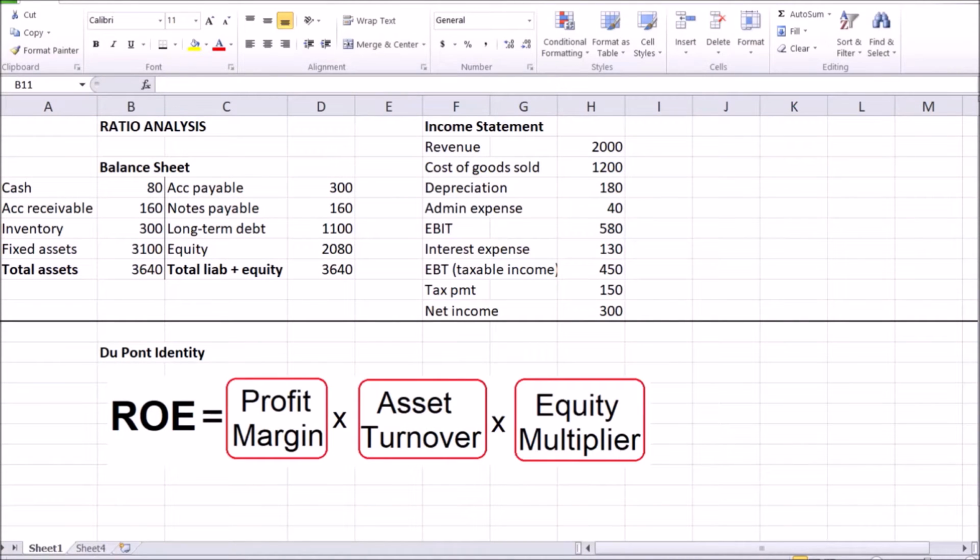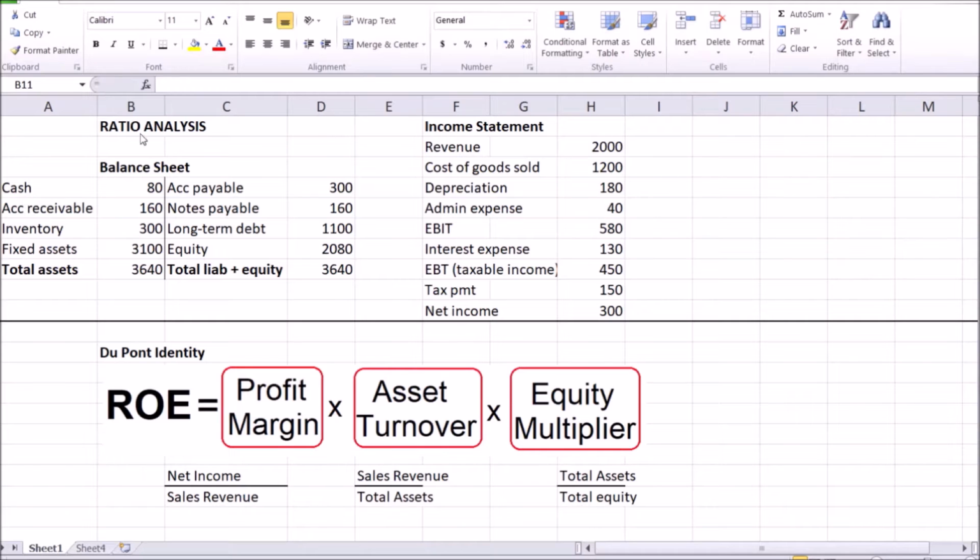Let's start first with the DuPont identity, which tells us that the return on equity, ROE, is equal to the multiplication of profit margin, asset turnover, and equity multiplier. From understanding a little bit of ratio analysis, we remember that profit margin is a ratio of net income, or the profits, to the sales revenue. Asset turnover is a ratio of sales revenue to total assets,